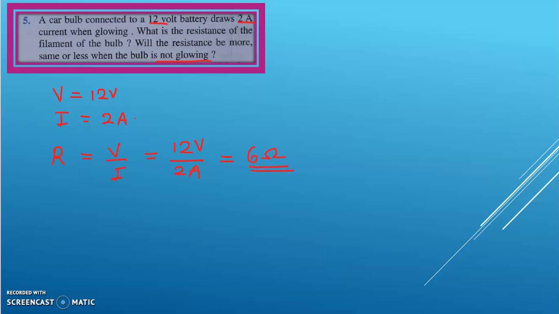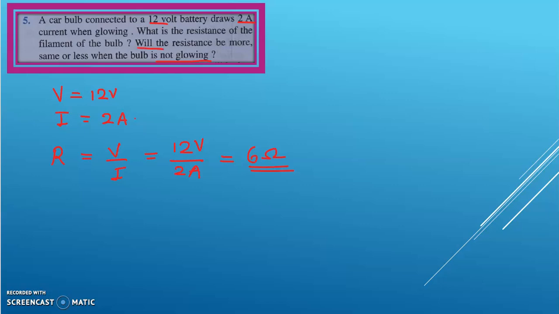This is the easiest question we can get. So make sure you are doing it in the proper way. Don't interchange the values, because those are the mistakes that happen while writing the exam. Even though you feel this is the simplest equation, we get the complicated equations correct in the answer sheet, but the simplest equation goes wrong. The problem is the lack of practice. Okay, so practice it more, no matter how simple it looks. Okay, so we get the value as 6 ohm.